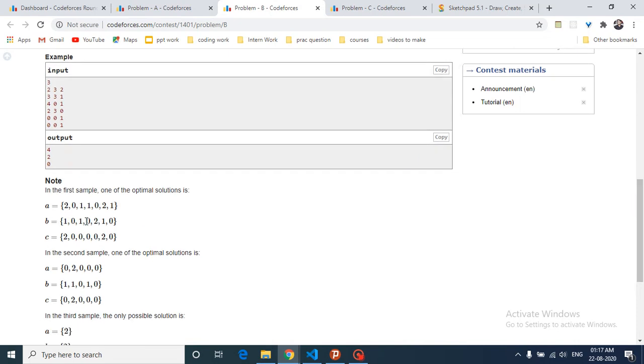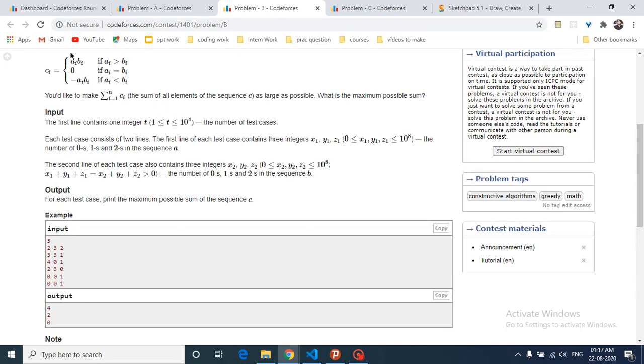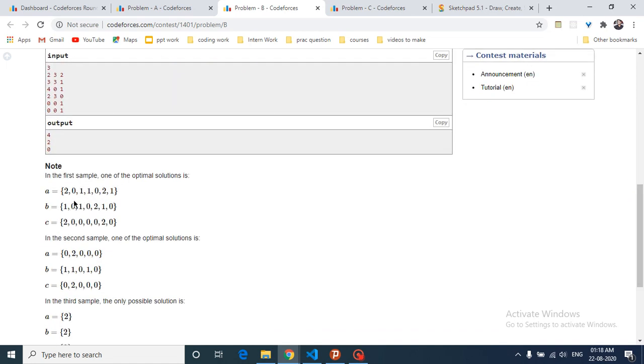And then, as you can see in this example, what you want is the maximized sum. So you will take the 2 and multiply it with 2, or actually first take the 2 and multiply with 1, and then take the 1 and multiply it with 1. What you can observe here is you cannot gain by multiplying 2 with 2 because the number is the same. You can only multiply if AI is greater than BI. If both are the same, the answer is 0. So that's what you can see.